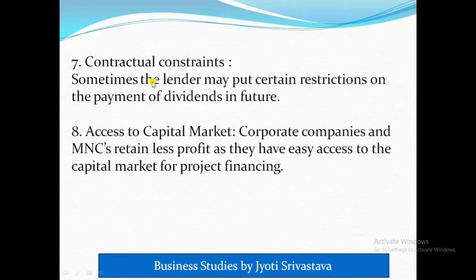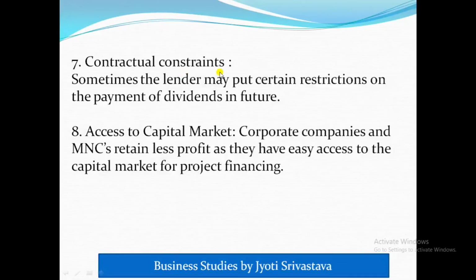Now the seventh point is about contractual constraints. Sometimes the lender may put certain restrictions on the payment of dividend in future. Constraint means restriction. Suppose while giving the loan to the company, the lenders may put some restriction on the payment of dividend, and in such a case the company should see that the payment of dividend does not violate the terms and conditions of the loan agreement. Means before giving the loan, if any agreement has been made, and in that agreement it is written that the company is not supposed to pay any kind of dividend to its shareholders, then such a contractual constraint should be kept in mind